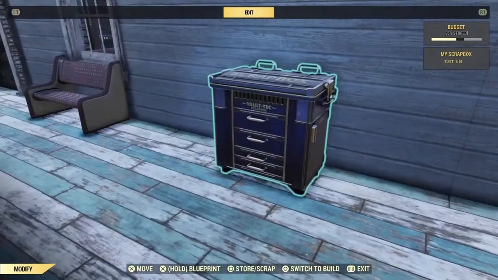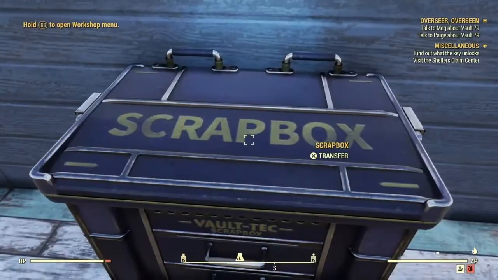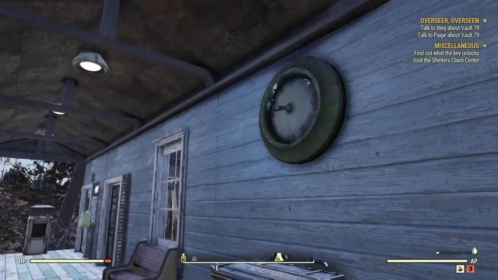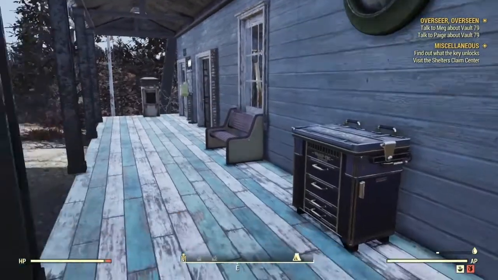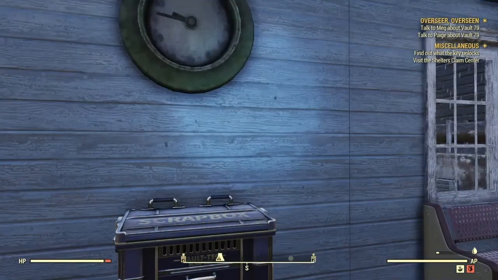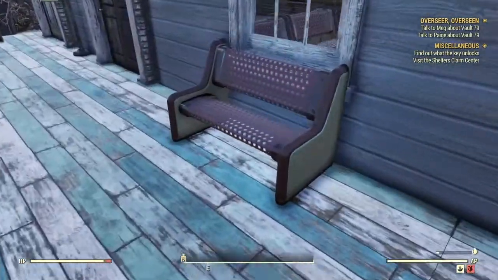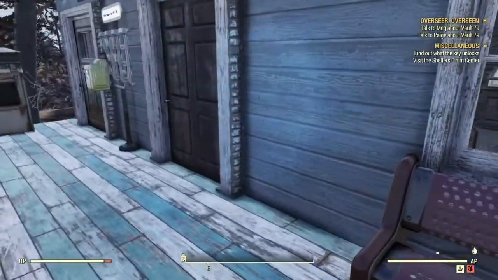Alright. Now, it's up to you if you want to do the scrap box right here, or you could put maybe a vending machine here so you could have your shop. It's entirely up to you, okay? Now, the bench was there. Now, right here,